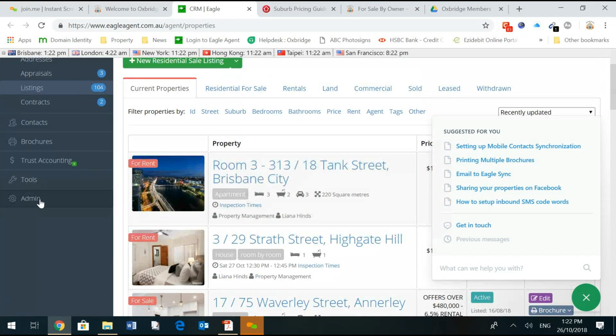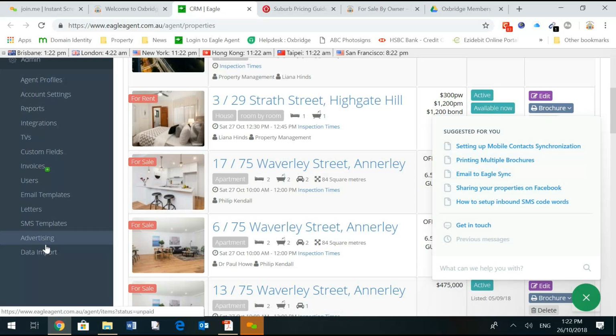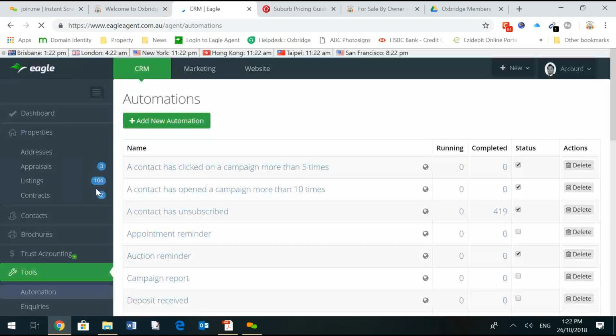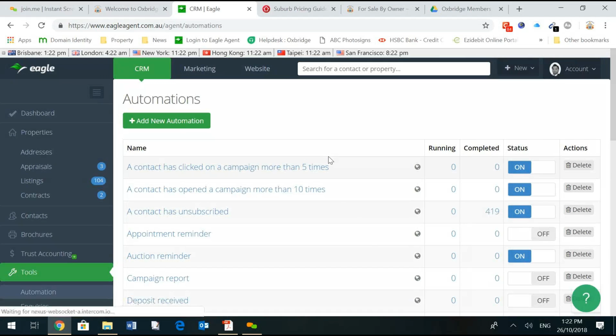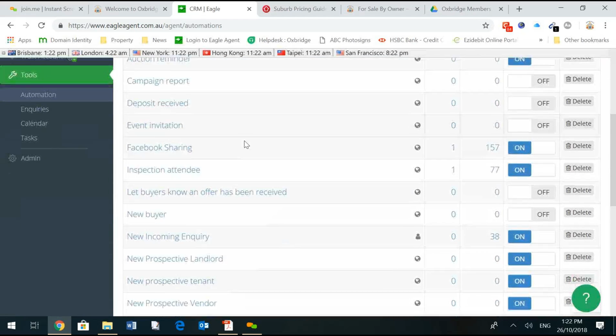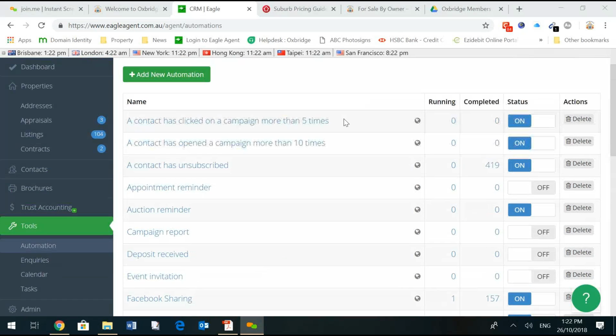The only thing I probably want to show you, just to be a little bit more efficient, is the automation part, which I think is really cool. So this is by default the automation, and I've seen a lot of CRMs, like for example ReNet. I've seen it's just terrible, so antique. Nothing against ReNet, but I've done a trial with ReNet. But this Eagles is built just for us, and the automation is very cool because I've set it up so,